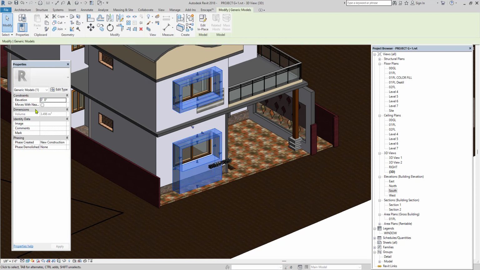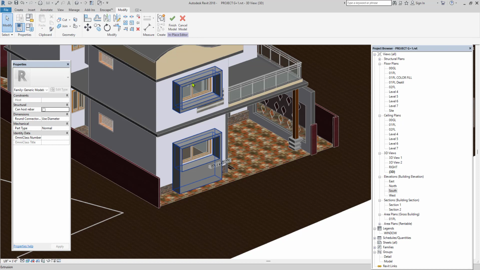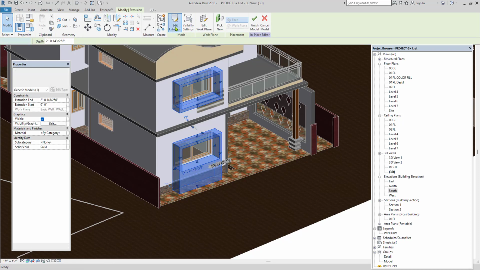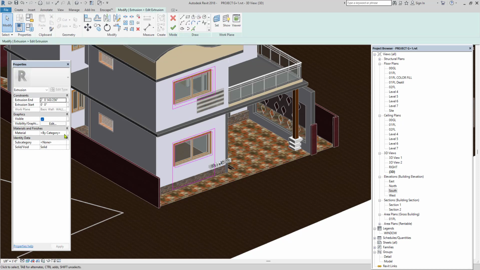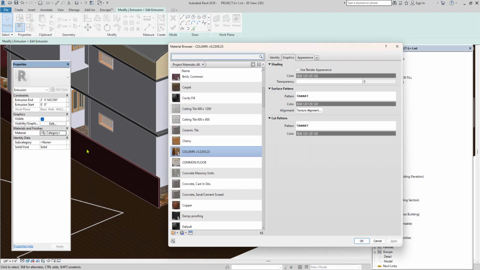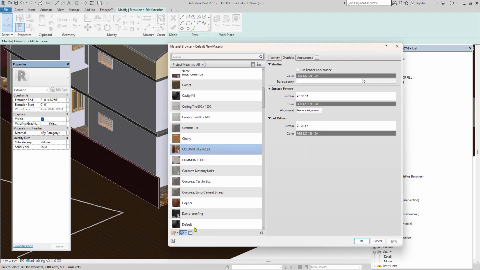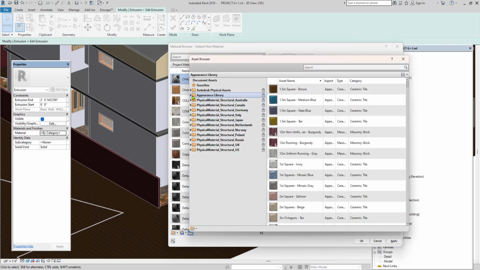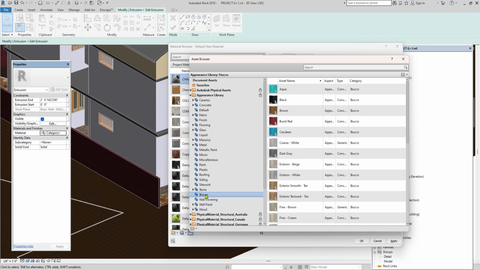As I already told you, we have created the family. For that, you can say edit in place, and then again you select and you can say edit extrusion, and in the by category material, I'm just going to apply the other material for that chajja, asset browser, appearance, stucco.